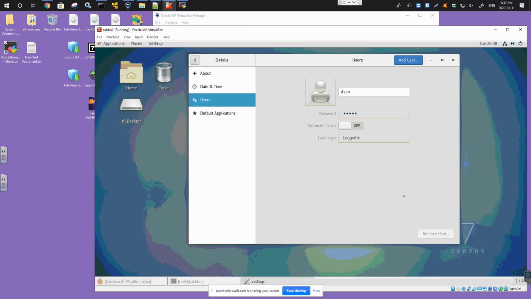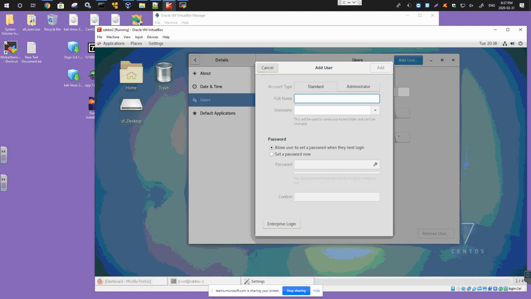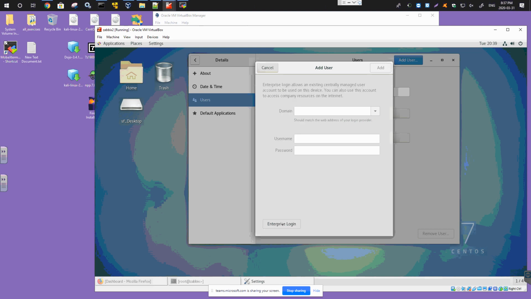Okay, and now if I would like to add a user, and this user actually will be enterprise login, as you see here at the bottom. I'll click enterprise login. So what I could do here, I could put my domain, which you know is housenet.local, and as you see, it's finding it now, and that's because we have connection to the DNS. And if I use administrator and the password for administrator, and I say add,